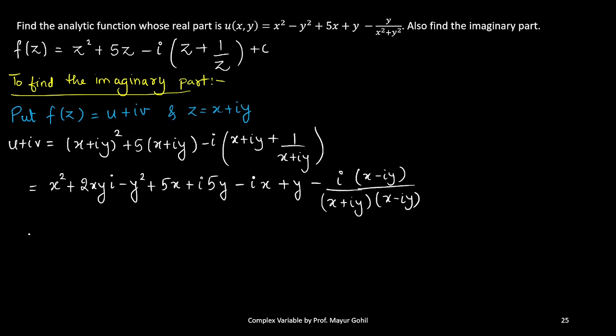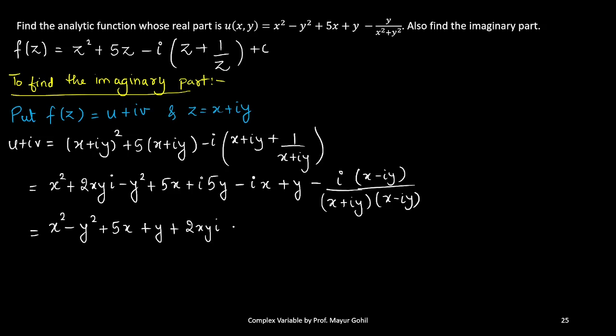Okay, so let's do the further simplifications here. So x square minus y square, then there is 5x. We are just collecting the real part and the imaginary part. So let us see what all terms can be collected. x square minus y square plus 5x, then there is plus y, that is here. Now when we do the further calculations in the last portion, or we can do it in the next step also. So plus